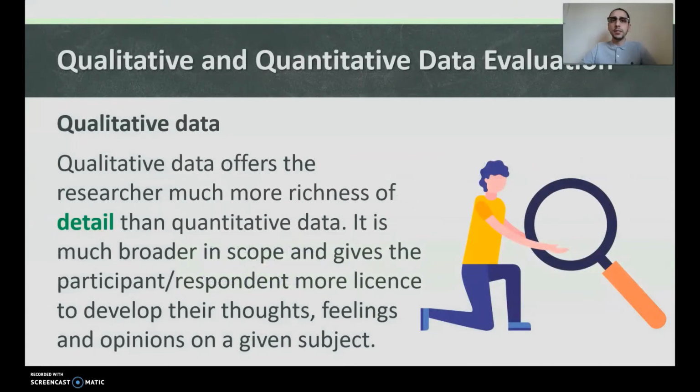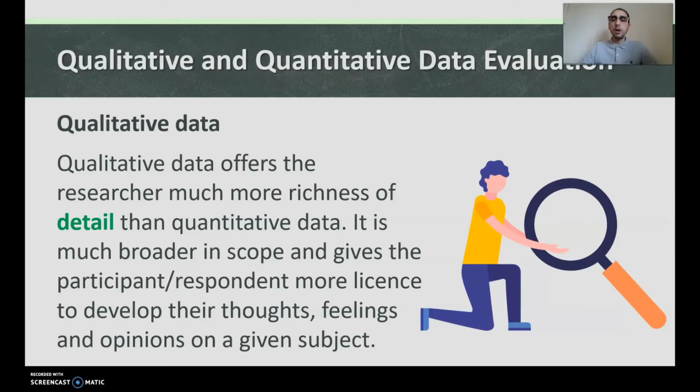Evaluation. Qualitative data. So that's the words. Qualitative data offers the researcher much more richness of detail than quantitative data, okay? Richness of detail, more in-depth. Qualitative has a lot more detail and is a lot more in-depth, which could be an important insight. It is much broader in scope and gives the participant or respondent more license to develop their thoughts, feelings, and opinions on